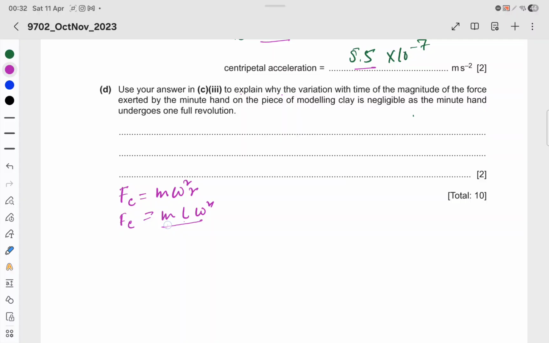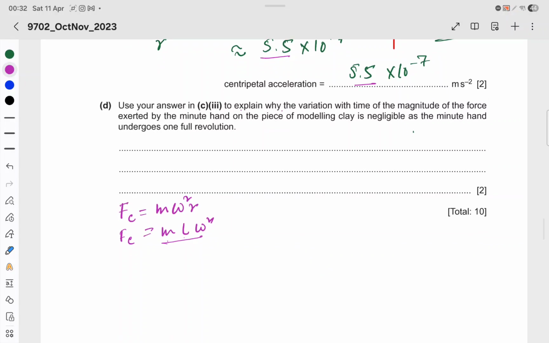And mass is fixed, and angular speed is also going to be fixed. And from this, what we actually got, the centripetal acceleration, which is omega square r, which we already found is 5.5 into 10 to the power minus 7 meter per second square,